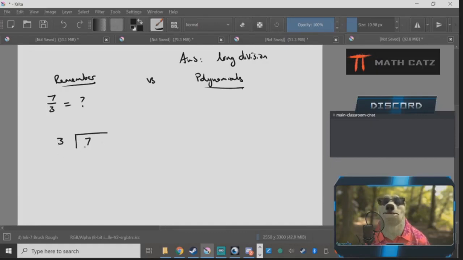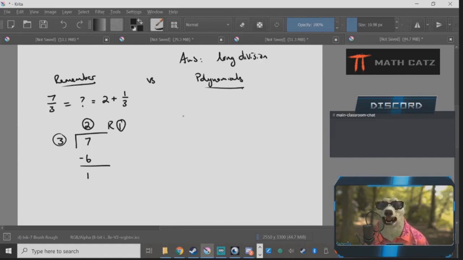Then I go. 3 goes into 7. How many times? 2 times. 2 times 3 is 6. That's how much I've used. I take that away. I have 1. And that is what we call the remainder. This 7 over 3 can then be rewritten using the quotient, the divisor, the remainder as 2, I'll write it as a plus, 1/3, or 2 1/3. The plus is just hidden in the mixed number. Okay, everyone should remember this. It's elementary school,